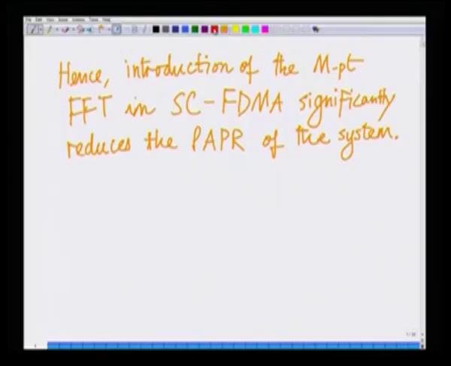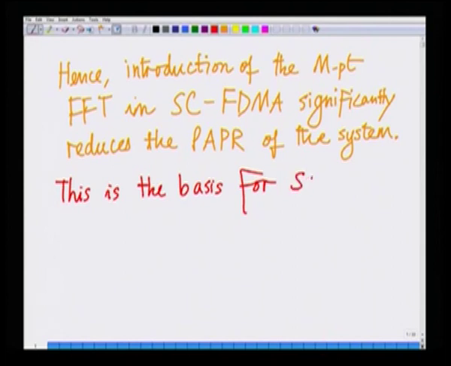Hence, this is the basis of SC-FDMA, where SC-FDMA, as we have talked about, stands for single carrier